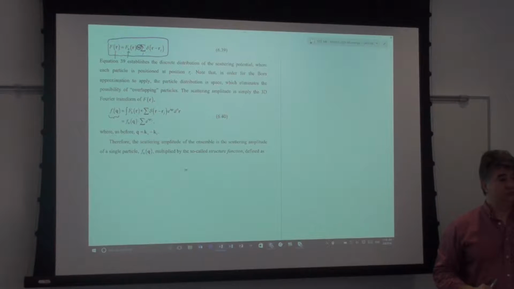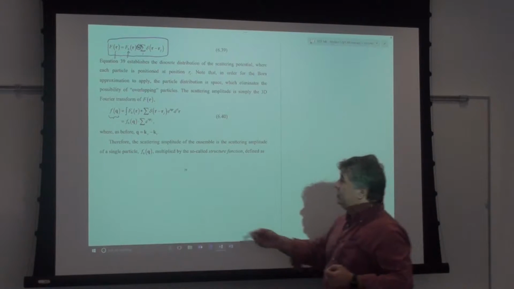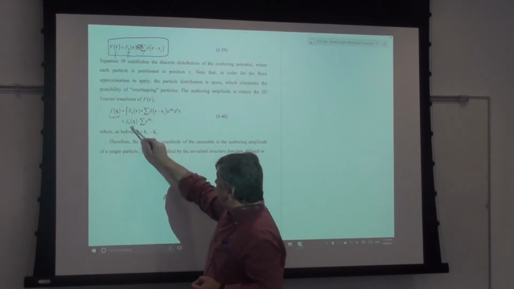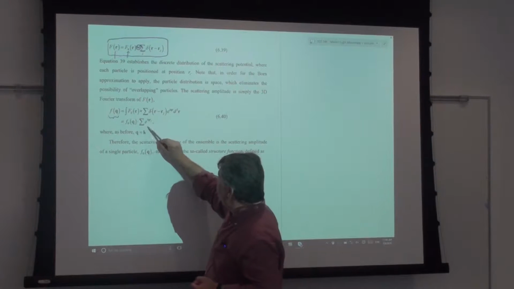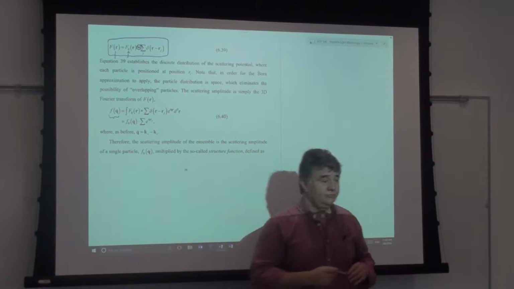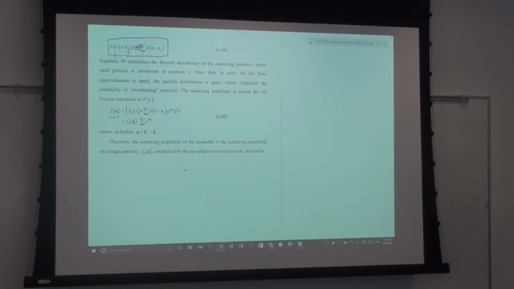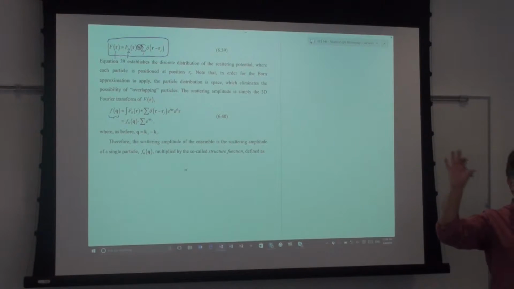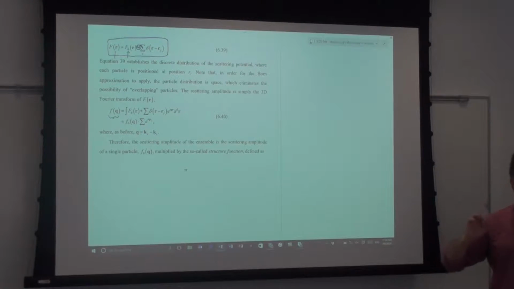The scattering amplitude of one particle. It is the scattering from one single particle. So, it is that scattering from one particle multiplied with this whole thing, a summation of these phase terms. So scattering from an ensemble of identical particles looks like the scattering from one particle